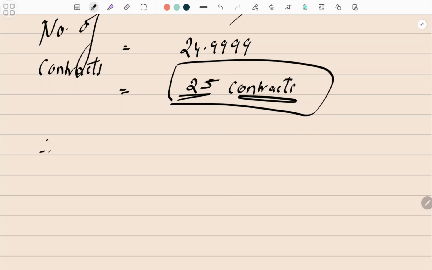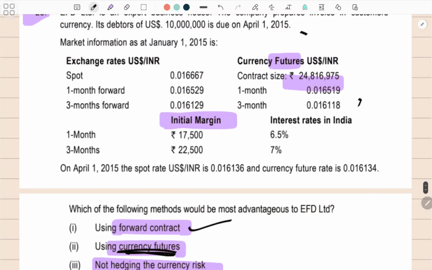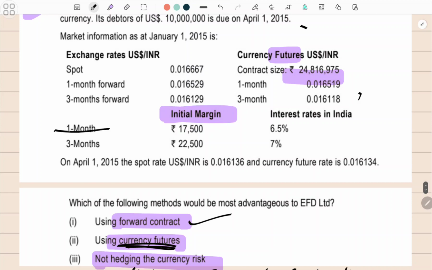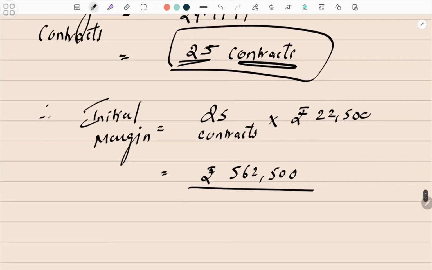I can. Therefore, initial margin is equal to 25 contracts into what was the 3-month margin. 1 month, I don't know why they've given. We don't need this. 3 month is what we need. 22,500 rupee. That gives 5,62,500 rupee, right? Now this particular margin will be given back to the company at the end of the period,